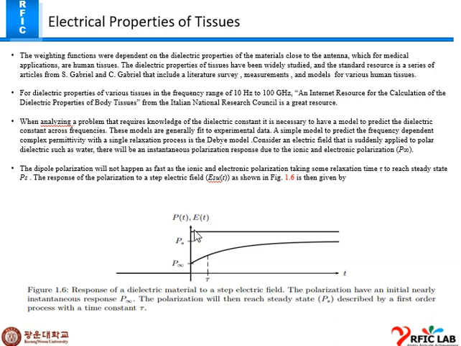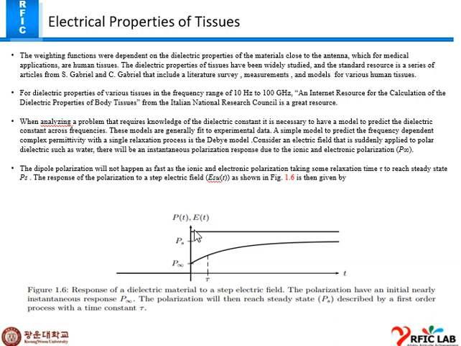They cover the dielectric properties of various tissues in the frequency range from 10 Hz to 100 gigahertz. An internet resource for calculation of dielectric properties of body tissues from the Italian National Research Council is a great resource. This kind of analysis has a problem: knowledge of the dielectric constant is necessary, and a simple model is needed to predict frequency